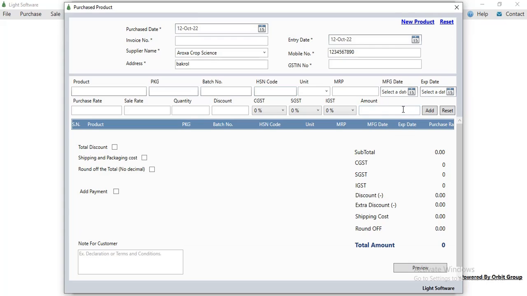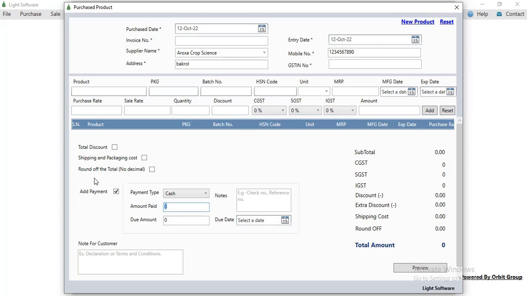If you want to add, then the amount will show you automatically. Then click on the add button to add the details. And if you want to add discount, you can add discount here. You can add shipping, packaging cost, round off the total amount, and you can see the amount details will show you here. And to add the payment details, you have to simply select the add payment,